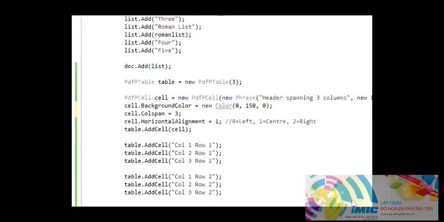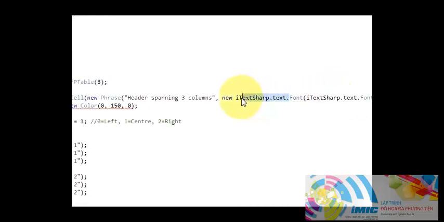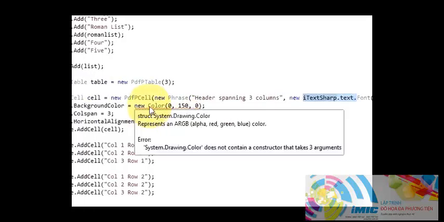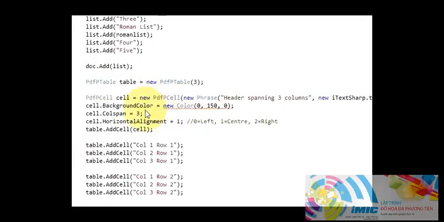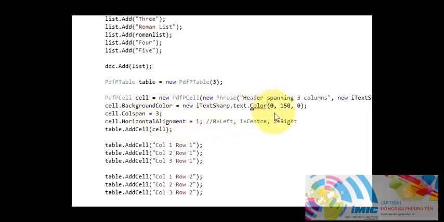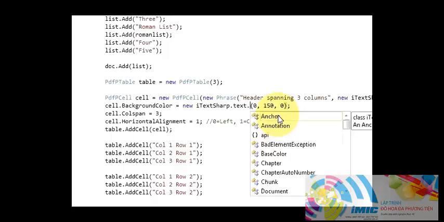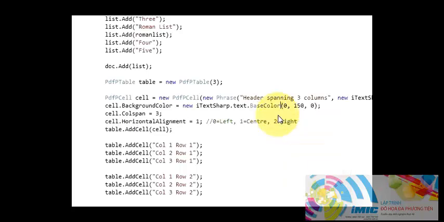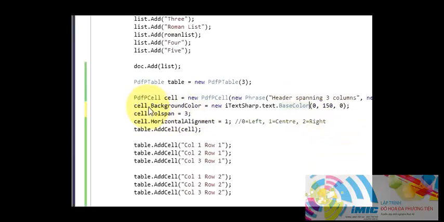I will just copy it from here. So I just need to add this iTextSharp dot text because this is conflicting with the System.Drawing of C#. That's why it's showing this error. So dot BaseColor. Okay, so write cell dot BackgroundColor is equal to new iTextSharp.text.BaseColor,